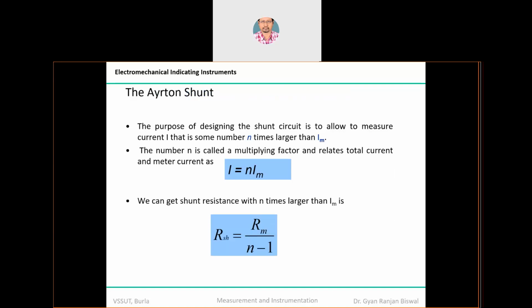So a lot of credit goes to this gentleman. You see what approach has been used: you are going to increase the range of the measurement, as far as the meter current is concerned, by n times. So n is some integer value, and what is Im? Im is nothing but the amount of current which is actually allowed to pass through the instrument. That is the PMMC instrument which is used to measure that current or the voltage.